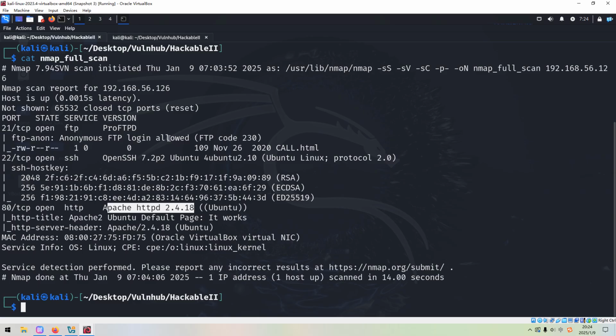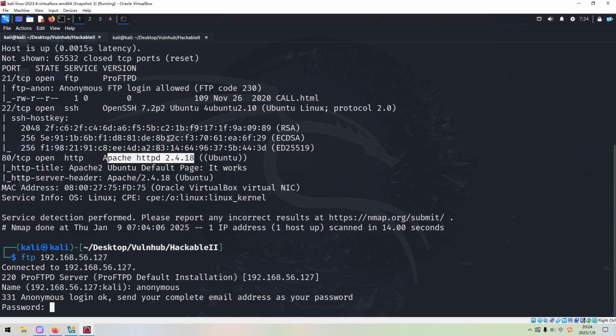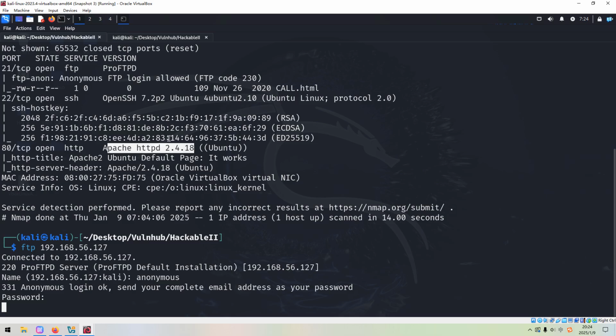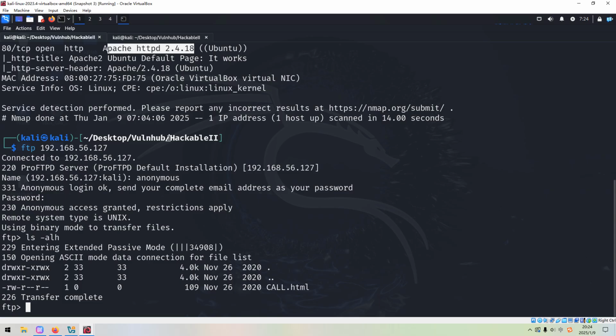So next, we can log in, or we can FTP to the target manually. We can use ftp, and the username would be anonymous. Press enter, and we do not need to supply any password. We just simply press enter. All right, so now we can use the command ls with the option -lah to display all files or subdirectories under the current FTP directory. And there is one file